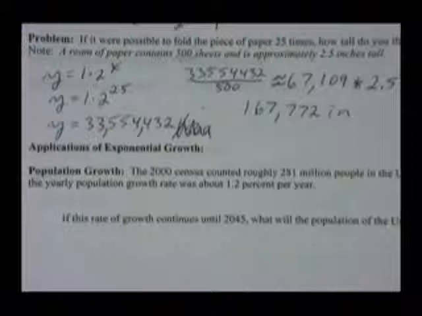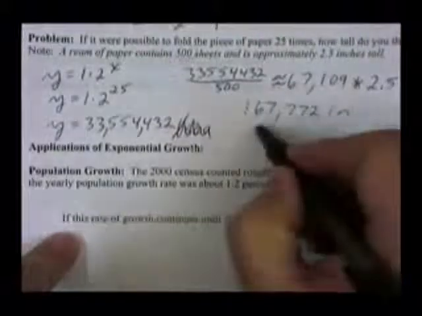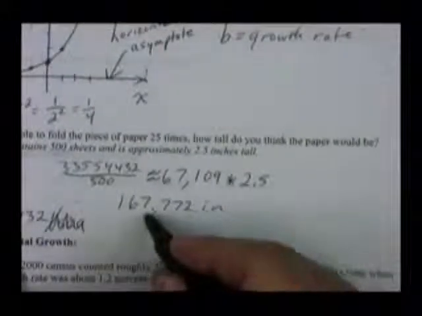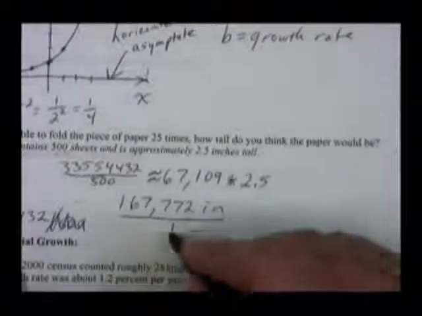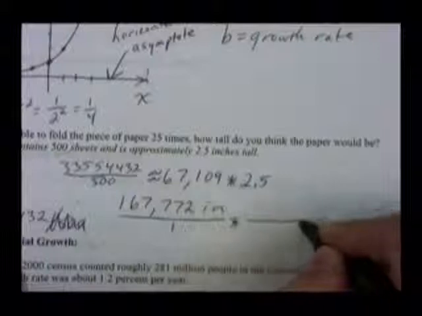So I'm going to use something that we'll get to a little later in the course, which is unit conversion. And I'm going to convert that into miles because I think that might be easier to look at. So I'm going to take 167,772 inches, and I'm going to put it over 1, make a fraction out of it. I'm going to multiply it by,